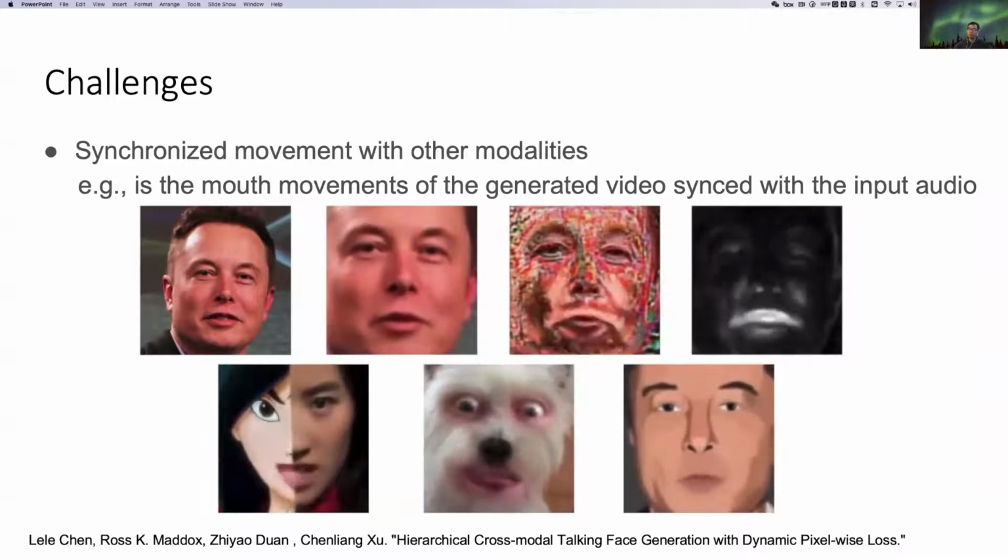So, in this example, the facial movements are quite good. I mean, it's plausible and looks pretty good. However, the problem is that if we look at the mouth itself, we can say it is kind of synchronized with the audio, but it's not accurately aligned with the audio itself. So if you want to do lip reading on this synthesized video, it is impossible because it's not accurate enough. So this problem is still unsolved.